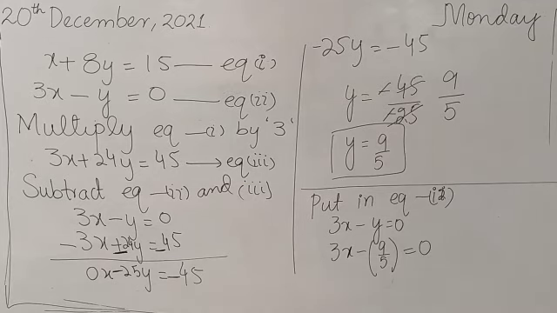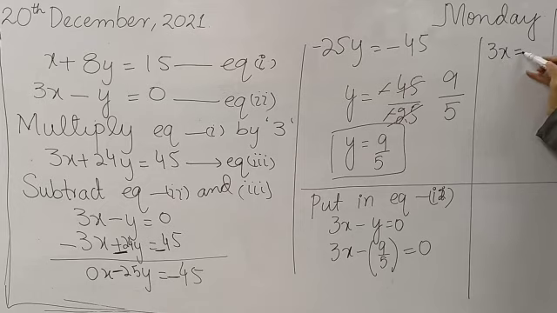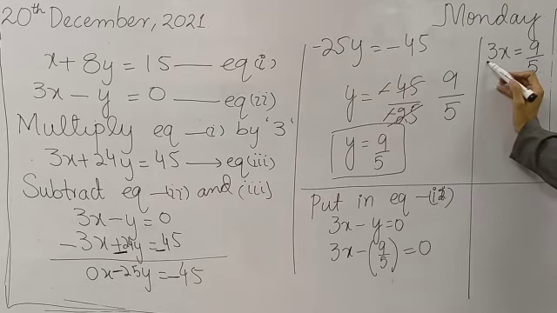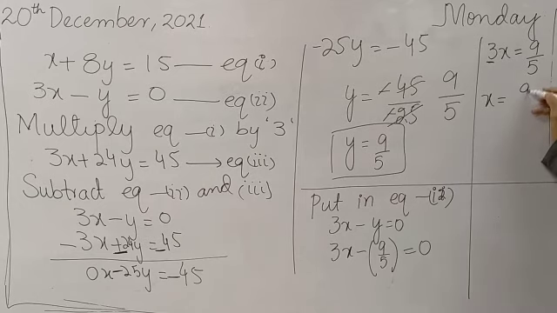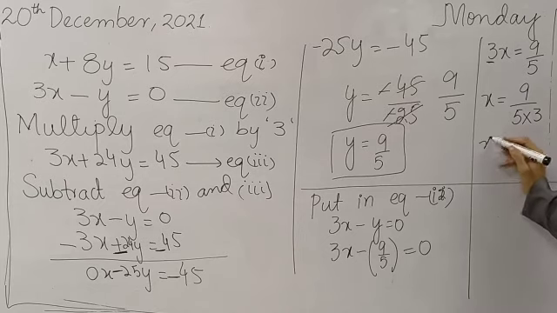Now simplify them. 3x minus 9 by 5 is equal to 0. And we have a constant, which is 9 over 5. And we want to find out the value of x. So, can I write it like 3x is equal to 9 by 5? Why? Good. To find out the value of x, here 3 is multiplying. When we shift it to the right side, it will multiply with 5. 5 multiplied by 3. And we have the value of x, which is equal to 9 by 15.